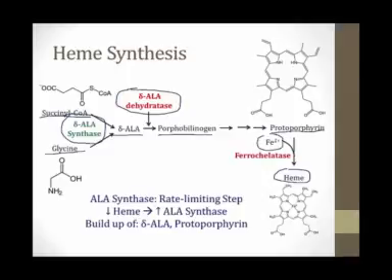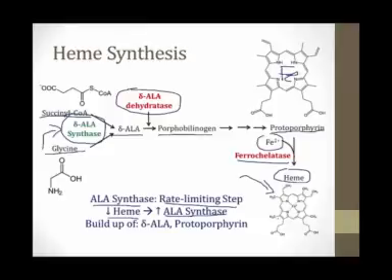Iron is then added to the center of the protoporphyrin ring via the enzyme ferrochelatase, and this leads to the final molecule of heme. The rate-limiting step is the enzyme ALA synthase, the enzyme that starts the whole process off. When there are low levels of heme, the activity of ALA synthase is increased, and this increases the production of